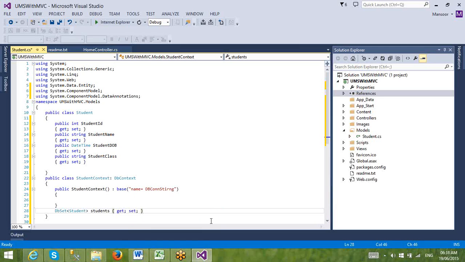Okay, so like this we created this one. This is students get semicolon, set semicolon. We have done it like this. Now we can access the database with the help of this. Fine. We created it this way. Now go to the